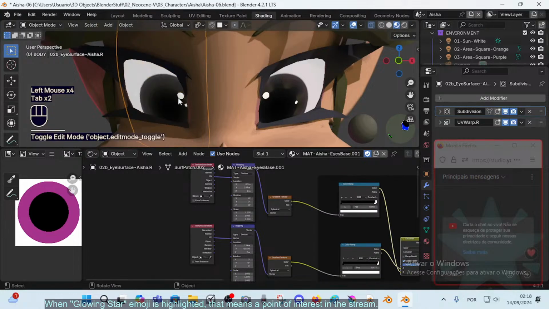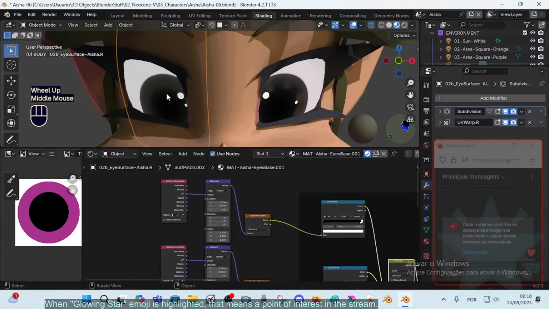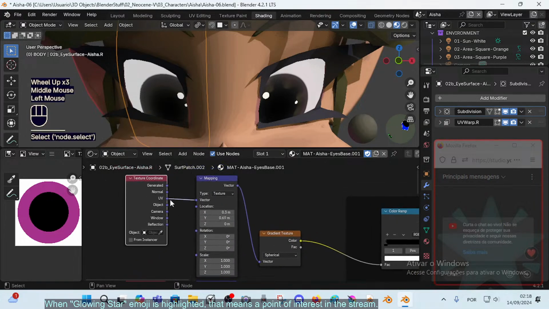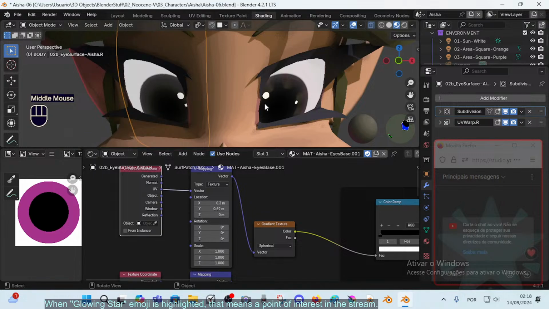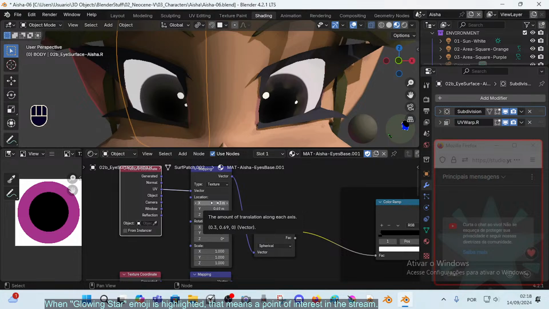So unfortunately that glow, which is procedural and part of the UVs, texture coordinates, will also be bound to this mirroring, or to this organization. However, if I just create an artificial thing here for this eye, so let's see,